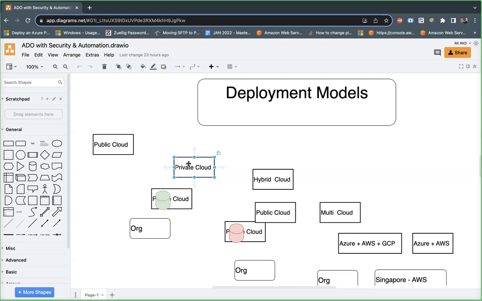But this private cloud is also managed by the vendor only. But what exactly is the thing? Whenever organizations think, I don't want to keep any kind of sensitive information on the public clouds, then obviously you can think about private clouds. But why cloud then? In that case you can go for on-premises, no? Why do we need to go for the private cloud then?